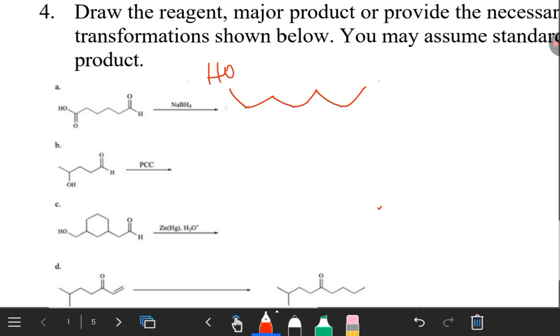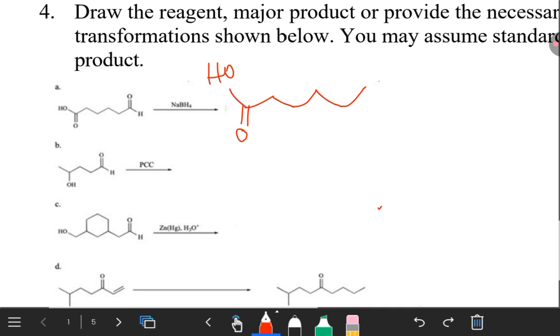Then there we have a double bond with oxygen there. So this is the carboxylic group. Then we need now to consider this aldehyde, and from what we just said,